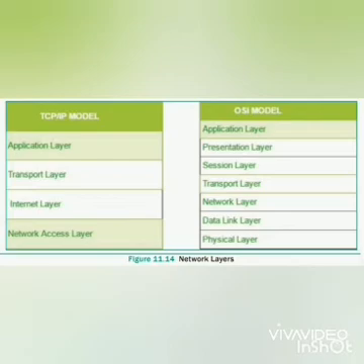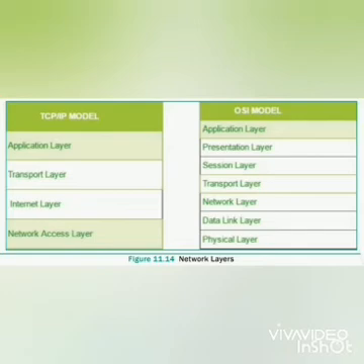The 7 layers of OSI Reference Model are application layer, presentation layer, session layer, transport layer, network layer, data link layer and physical layer, whereas the 4 layers of TCP/IP model are application layer, transport layer, internet layer and network